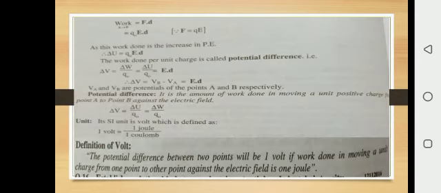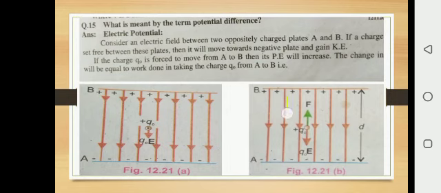So we will define potential difference. It is the amount of work done in moving a unit positive charge from point A to point B, or in bringing a unit positive charge from infinity to that point. This definition you have learned in 10th class, but in this condition two points are given, so that's why we are saying in bringing a unit positive charge from point A to point B against the electric field. What is the meaning of against the electric field? As electric field lines are in the downward direction, this is the direction of the electric field. While you are moving, you are taking this charge Q naught in the opposite direction.